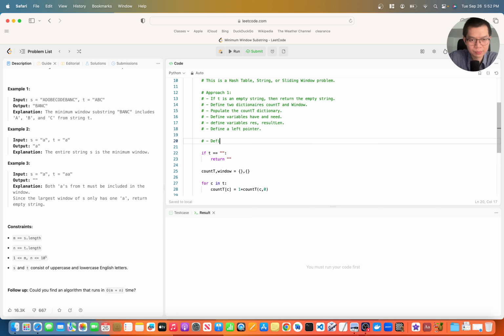Define a for loop that goes up to len s. Update, add new values to the window, right? Add new values to the window. And then this is the thing I always forget. Do a while loop. Do a while, give me 1 second. Do a while loop when